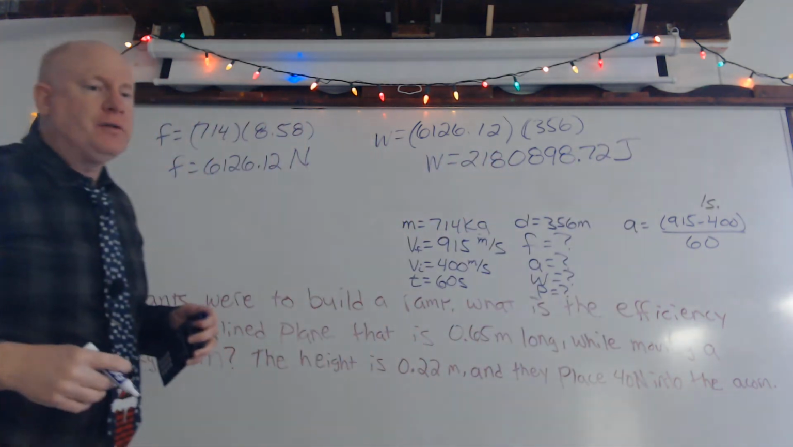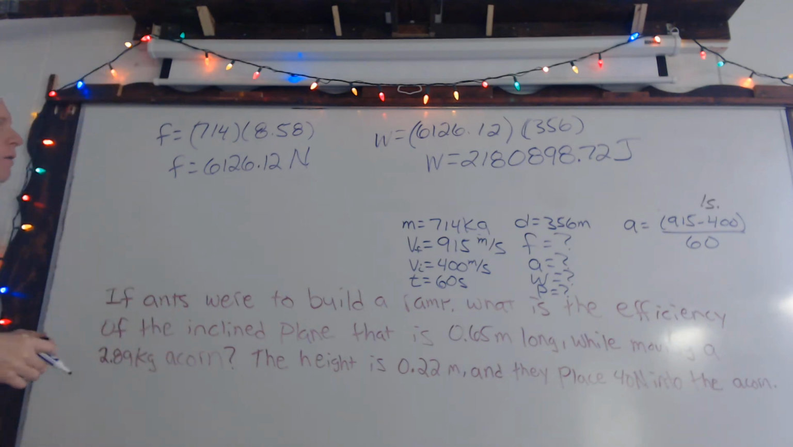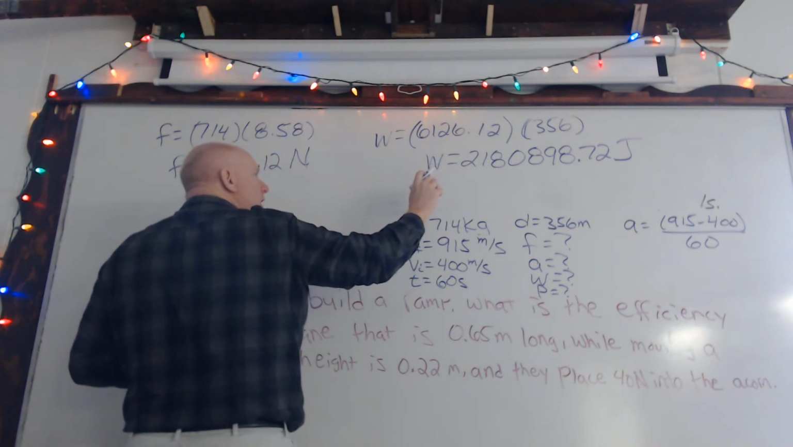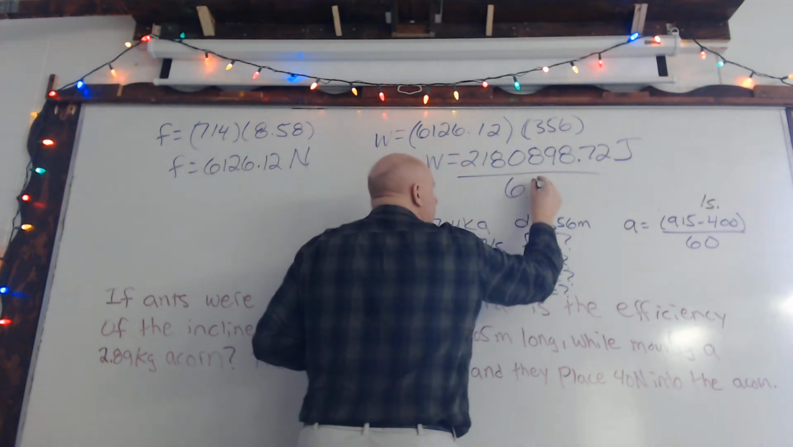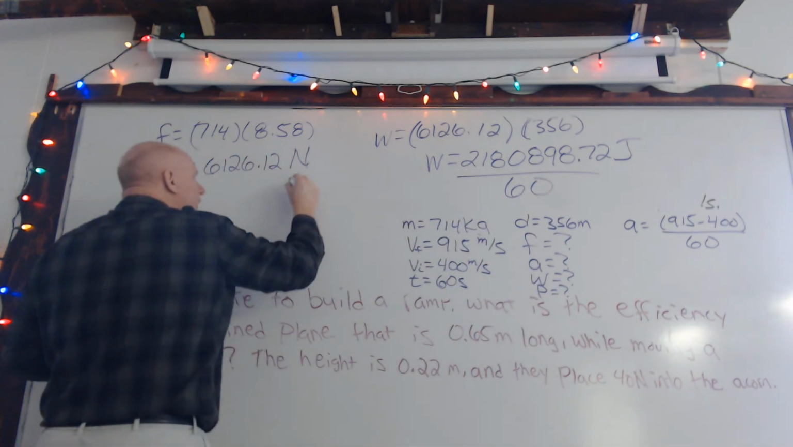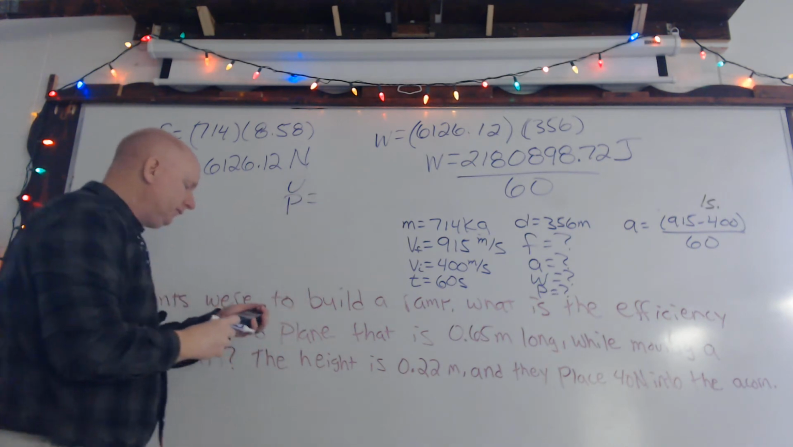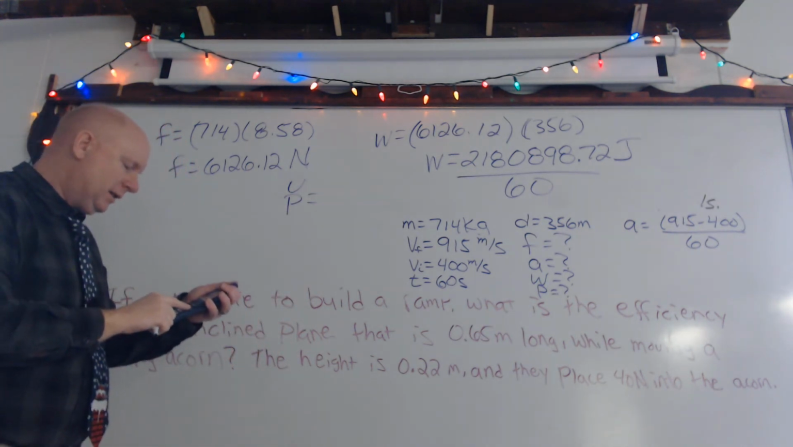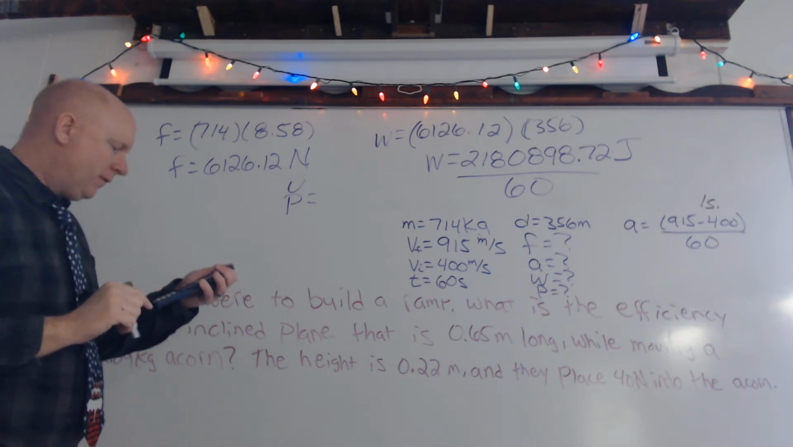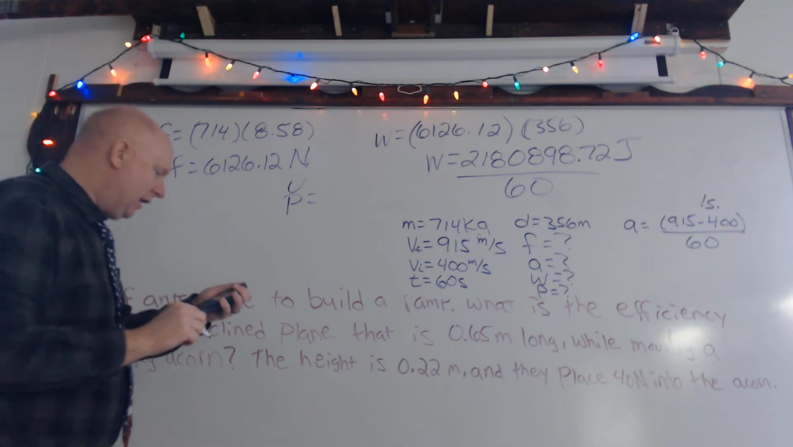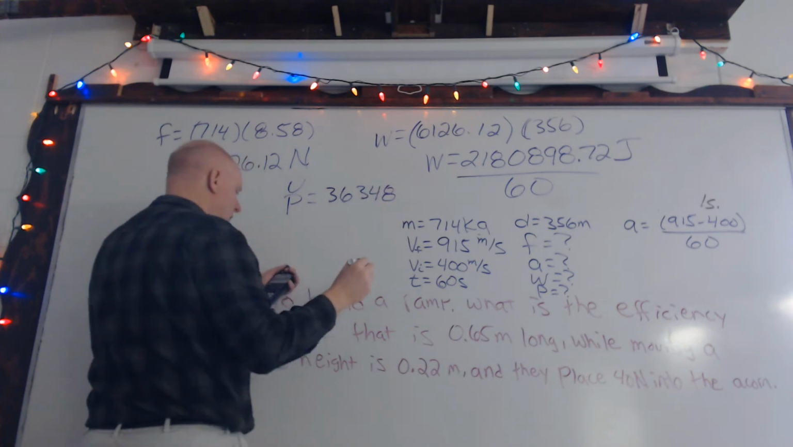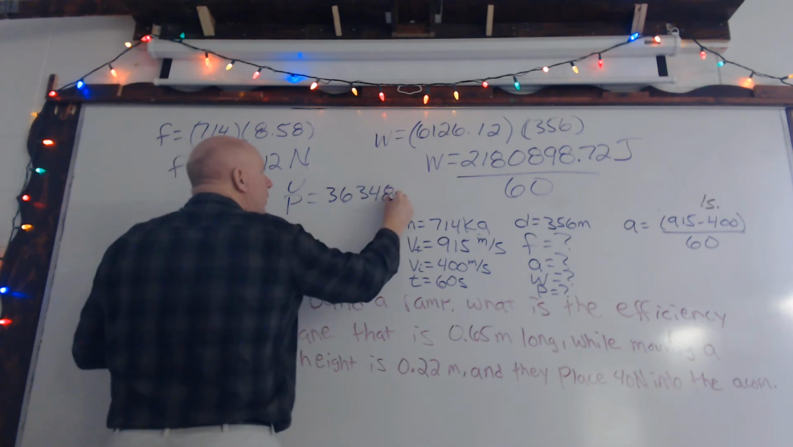Okay, so now that we've got our work in joules, to find the power, we want to know how efficiently this work is getting done. So power equals work over time. So we use that 60-second time frame that we had. Dividing this by 60 will then give us our power in watts. Okay, 36,348.31